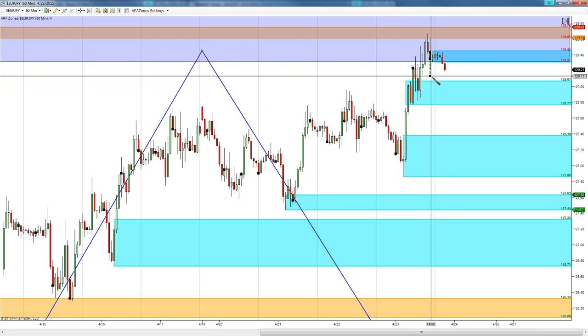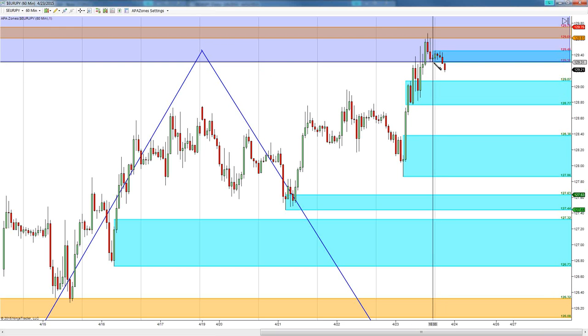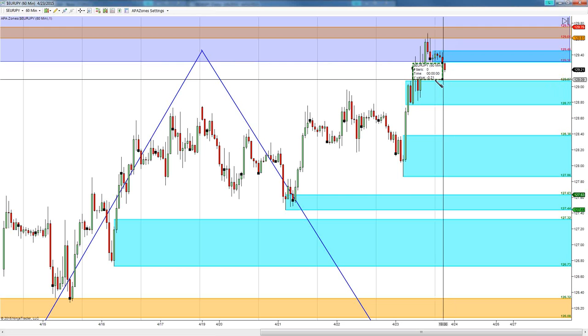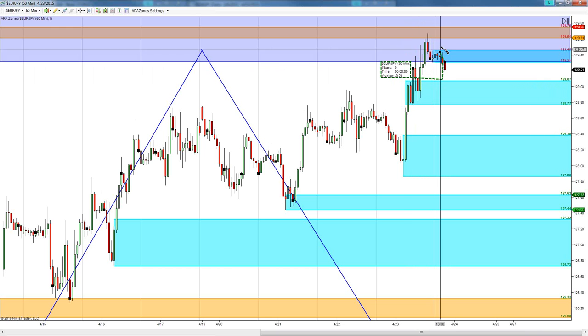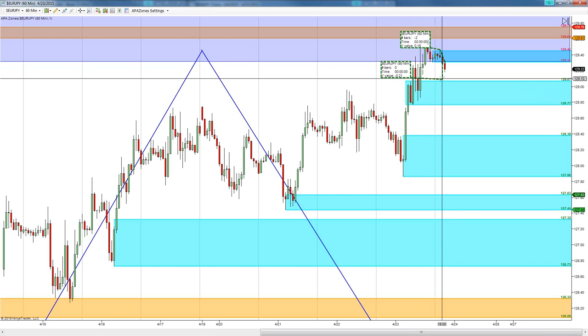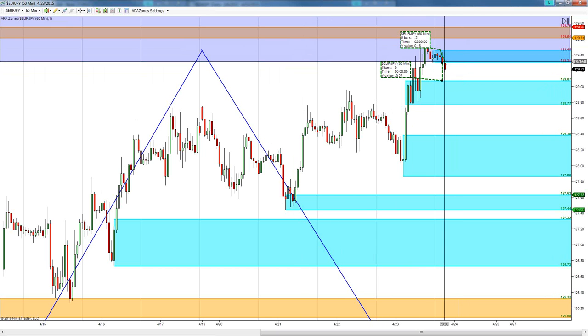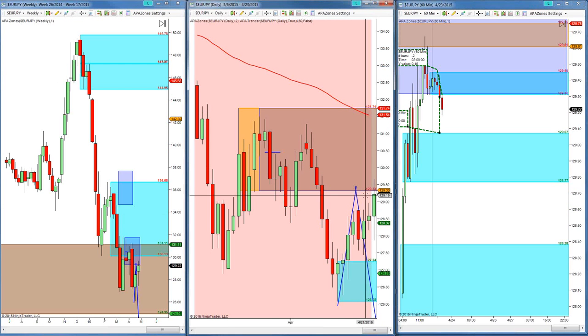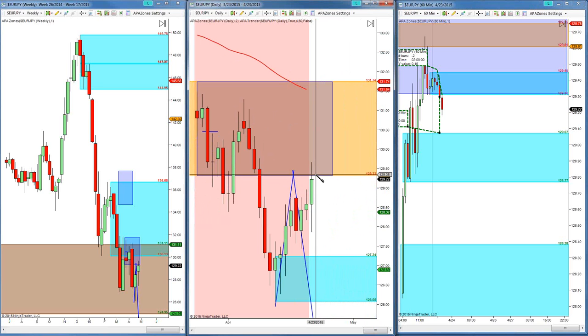So let's just say that you're getting in somewhere here close, you know. You can look at the next zone, and you could put your stop right above that one, okay? And that would be a real quick target. 123.30. And so if we're getting in at 123.30, which is right up in here, we would be looking for a T2 one tick outside of this aqua zone down here. Okay, so that's a $2 move for a T2,